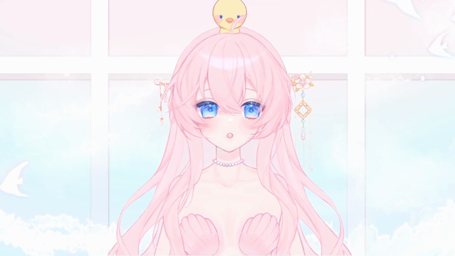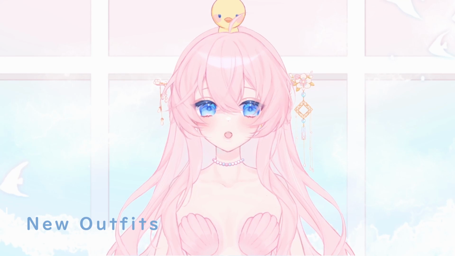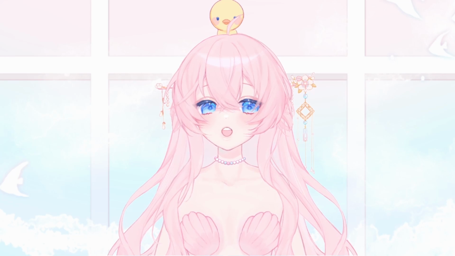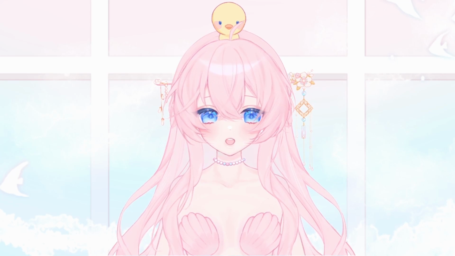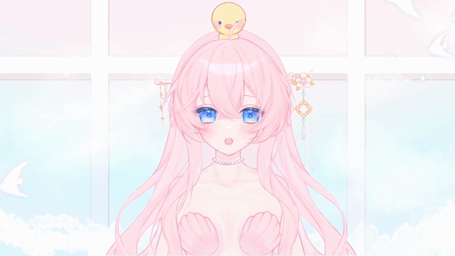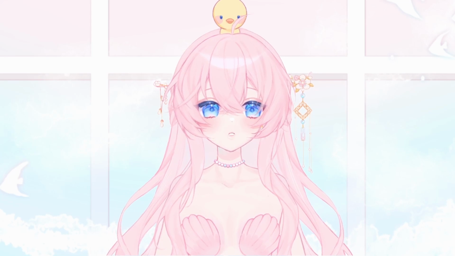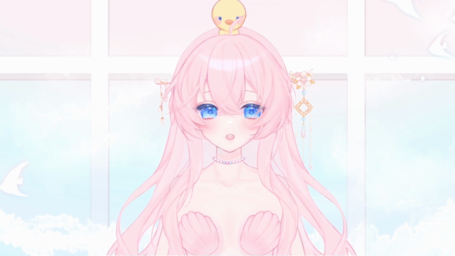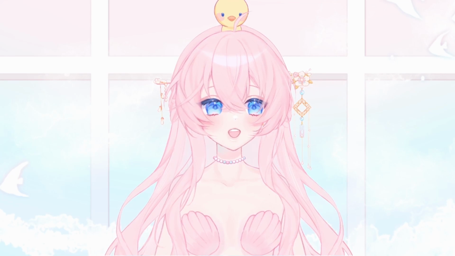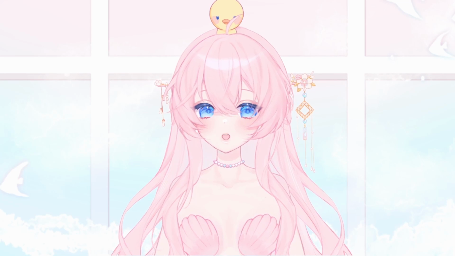Something that you may want to note is that new outfits on your models will use your original PSD unless you would like a brand new model, but the rigger could send you new model files. For example, for my own outfits, I chose to have a separate model from my base model so that I could handle the expressions and the movements differently.